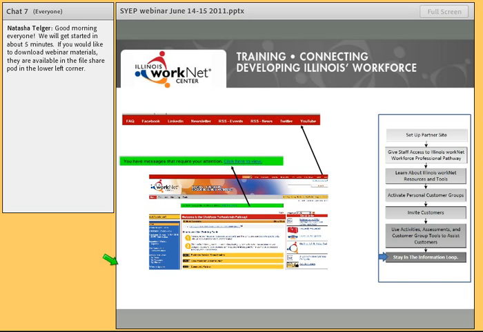So what we've done is we're going to use more of a graphical approach instead of just simply providing a page with a lot of information, because there's a lot of information for workplace skills, and it is important. And especially after taking a look at the different types of work readiness assessments and how they compile the results, what we found we needed to do was provide a way to organize the information within Illinois WorkNet and align it with the other assessments and how they